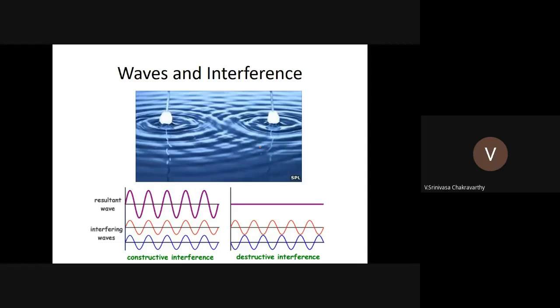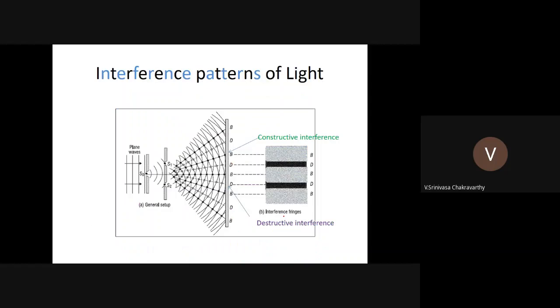And waves interfere, and there are two different kinds of interference. Constructive interference, where waves add up and produce a larger wave, or destructive interference, where waves cancel each other out and produce nothing. Right. And we also know this double slit experiment, where you have a plane wave